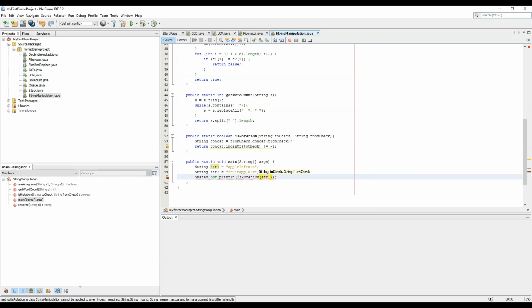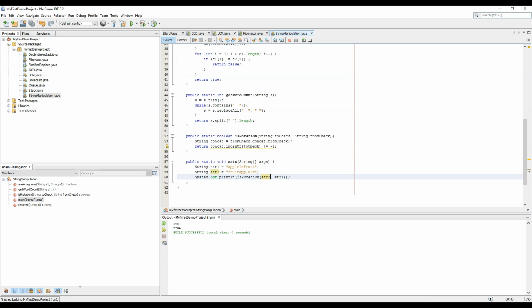We need to check string 1 with string 2 in the reverse order, that is, whether string 2 is the rotation of string 1 or not. So we'll pass string 2 here and string 1 here and just print this.